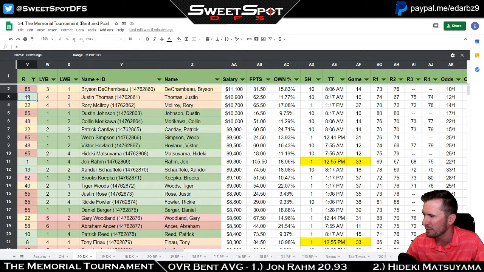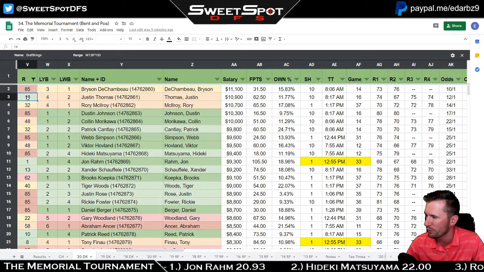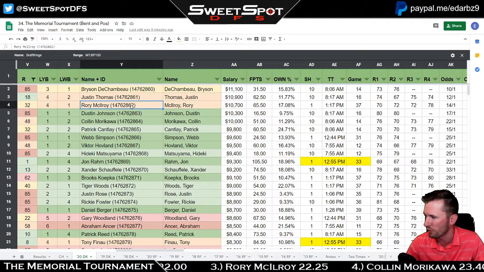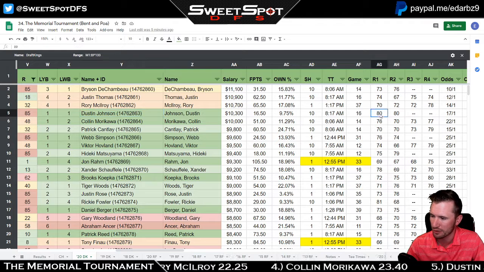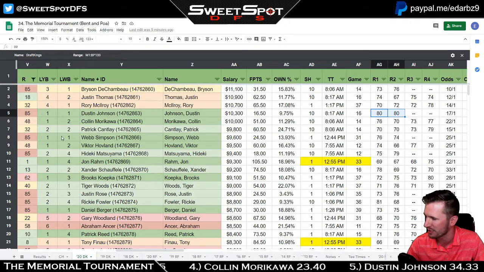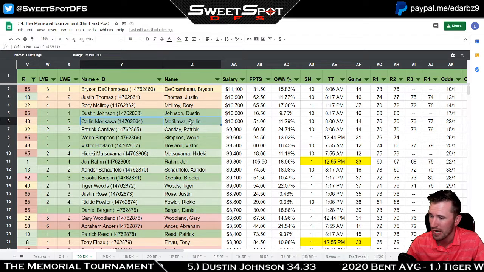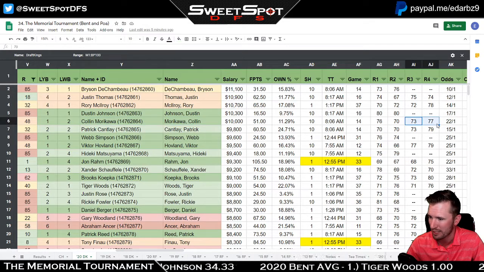JT, 18th place. You wouldn't want JT on your team at 18th. There's no value for his price. Same with Rory. DJ looked awful, 2 rounds in the 80s. That was disgusting. Morikawa, he had a really good Friday round, but obviously he didn't back that up on rounds